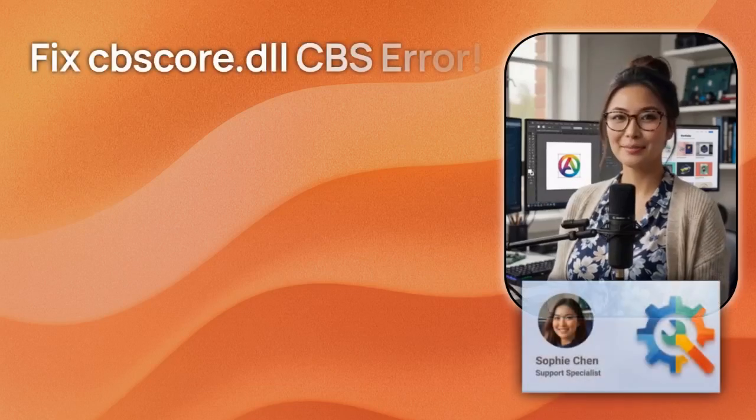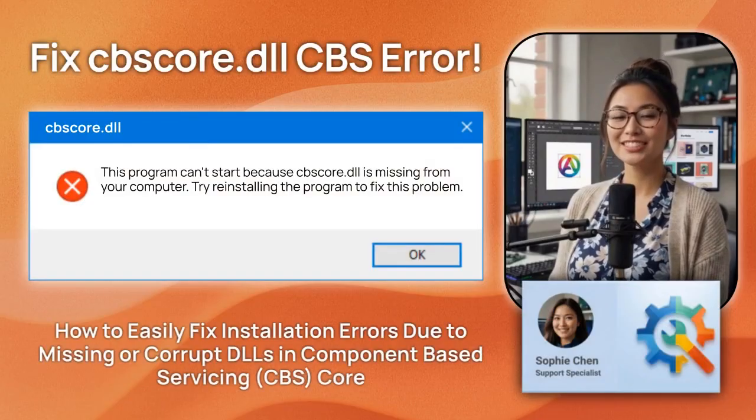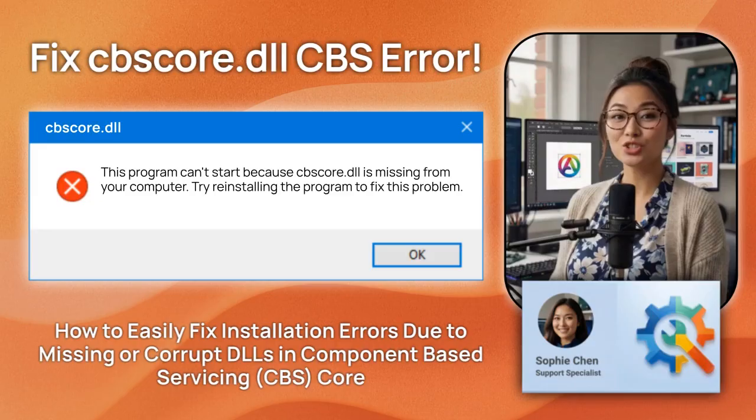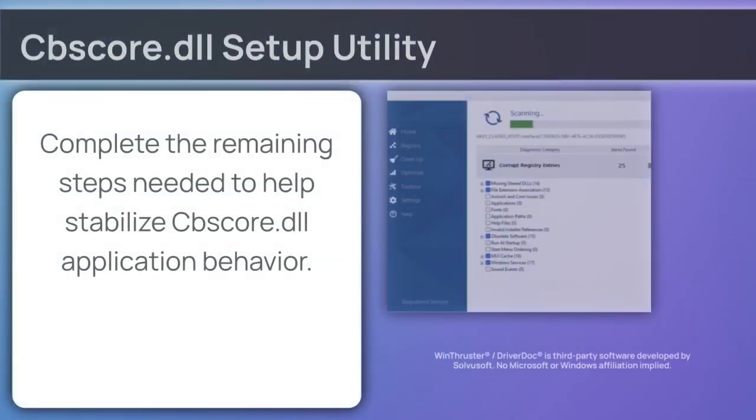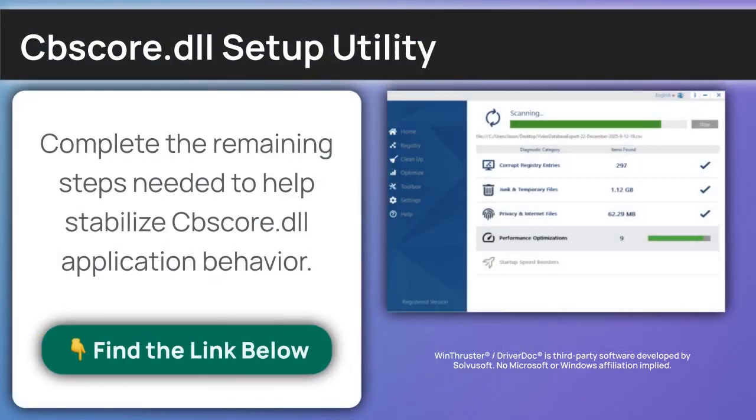Are you being annoyed by the Cbscore Library DLL error causing system instability? I'm Sophie Chen, a senior Windows support engineer, and I'll walk you through the diagnostic steps to fix your execution path. Before we start the detailed troubleshooting for Cbscore Library, you can try the official utility to assist with system-level